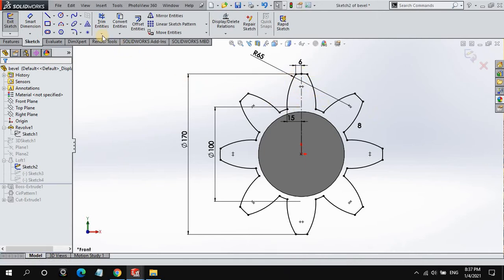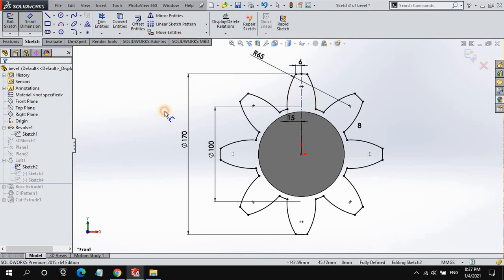Then give the dimension: this is 65 mm diameter. Then mirror this shape from this side.